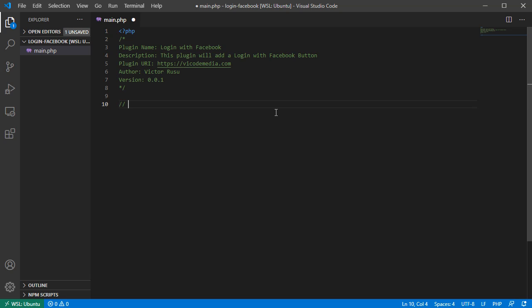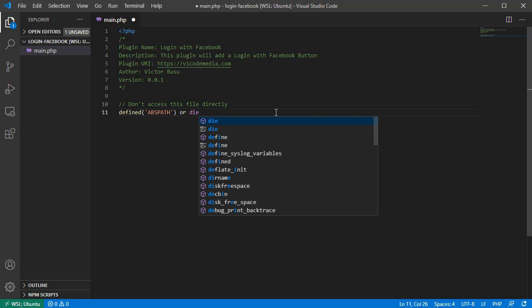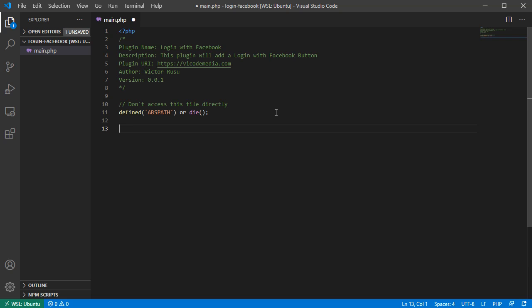And next I want to have a security measurement so nobody can access this file directly. So: don't access this file directly, and we'll have defined, make sure it's defined, and here we have ABSPATH like this, or die. Okay,